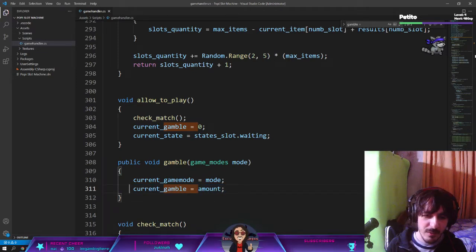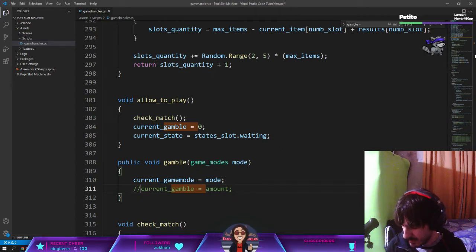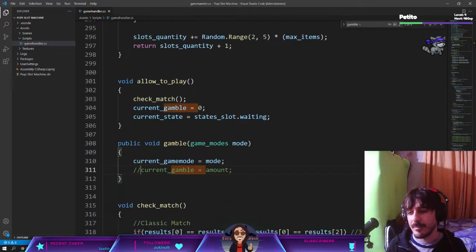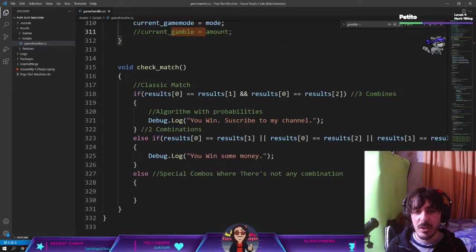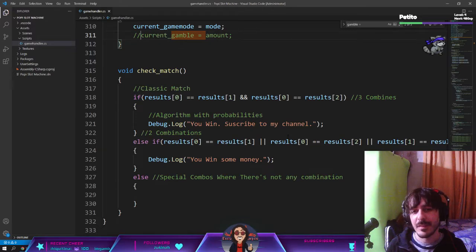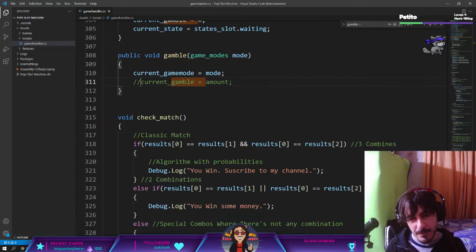Now, current gamble, I will comment this line because I will decide the amount of money, or calculate the amount of money, when we get the match, and in that phase I will determine the price, not when he gambles. Okay, so